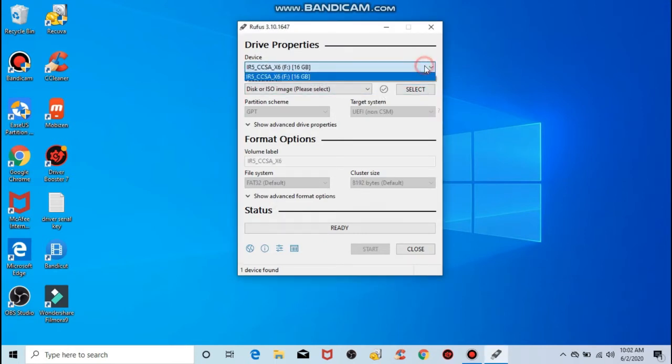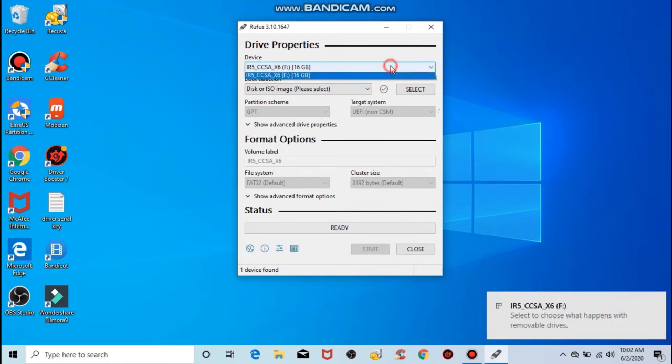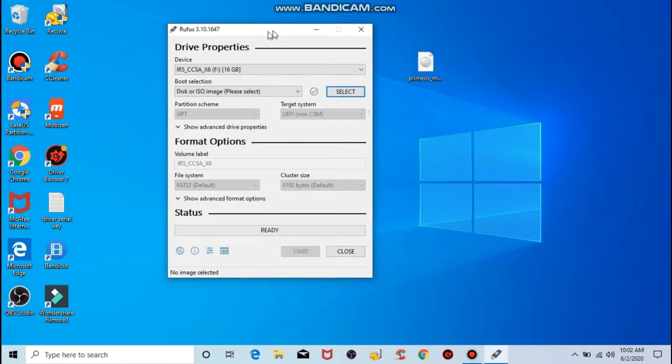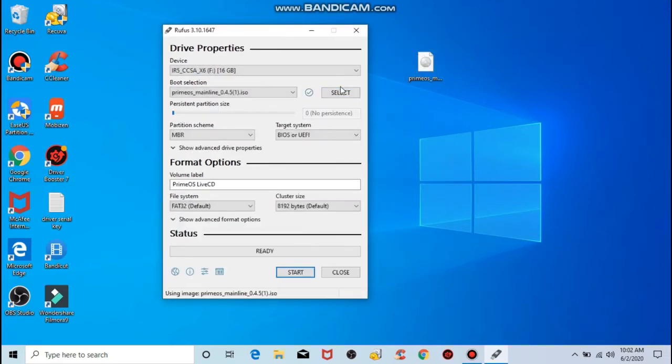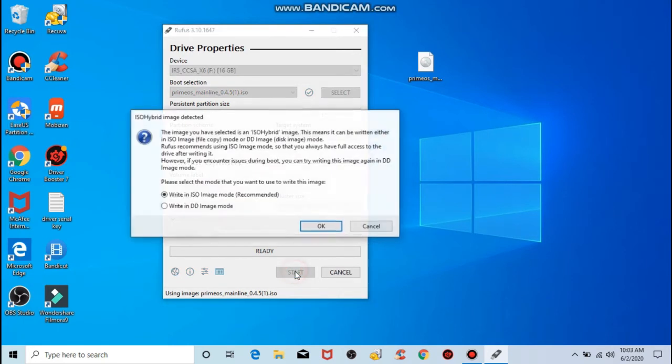So I will insert my USB pen drive, and I have inserted it. Now I'll copy the disk image. Then I have pasted it here. It has already been copied. Then my partition scheme is GPT, my PC's partition scheme. You need to check your PC's partition scheme, and I'll keep it as FAT32 default.